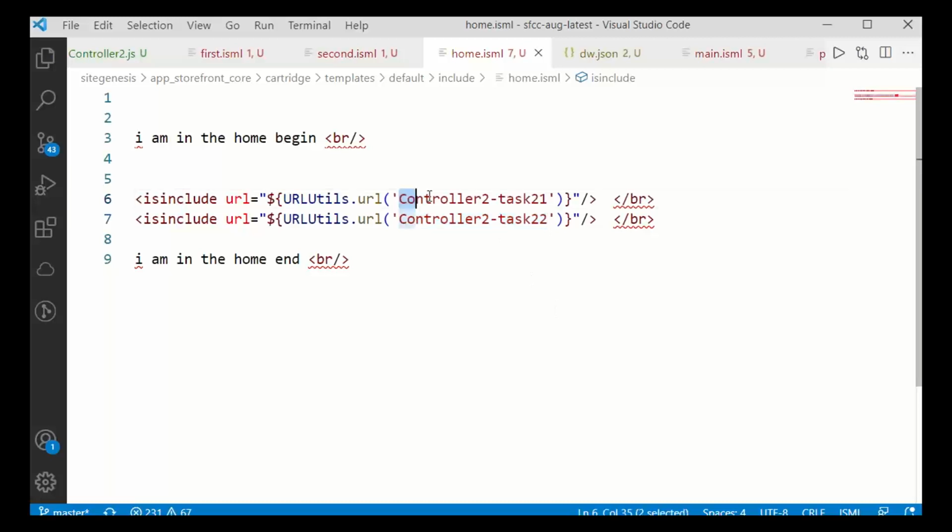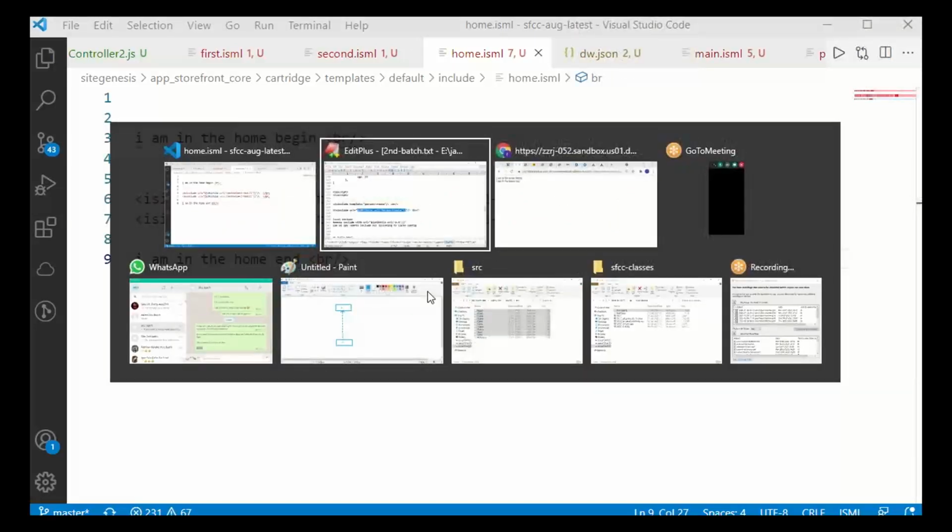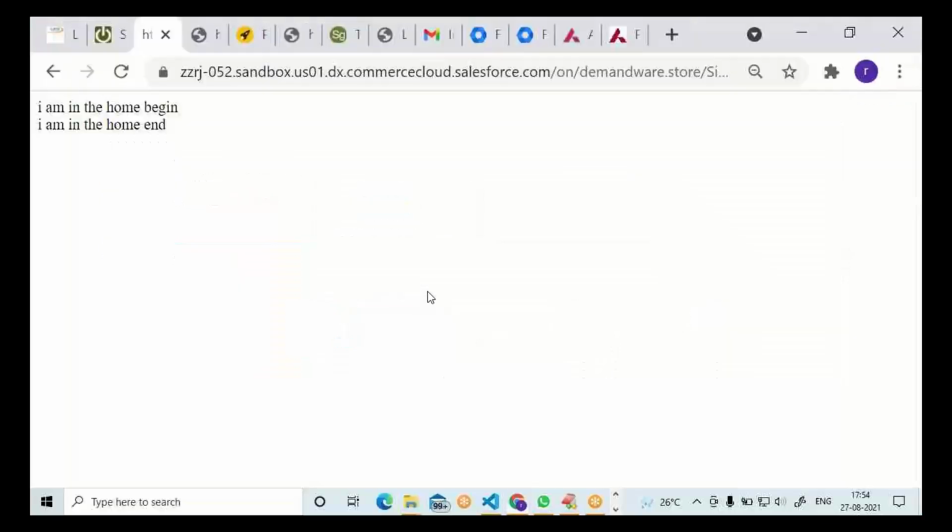But the first is not including straight away. It is getting forwarded to a controller. You need to specify the URL of the controller inside is include. Even here also, we are specifying is include controller. Please observe. Now, everything is done.